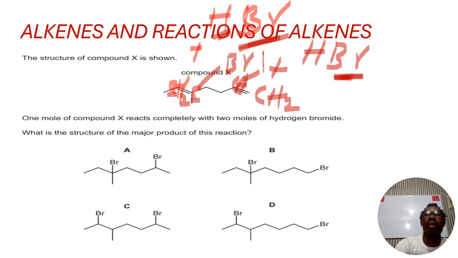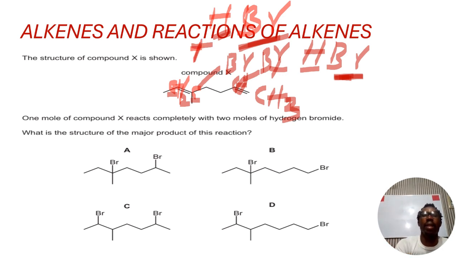So this is the way you add: bromine will be added here, and the hydrogen will be added to this. Here will become CH3. So you can see, based on Markovnikov's rule, the major product, if you look at the options A, B, C, D, and from what we've just